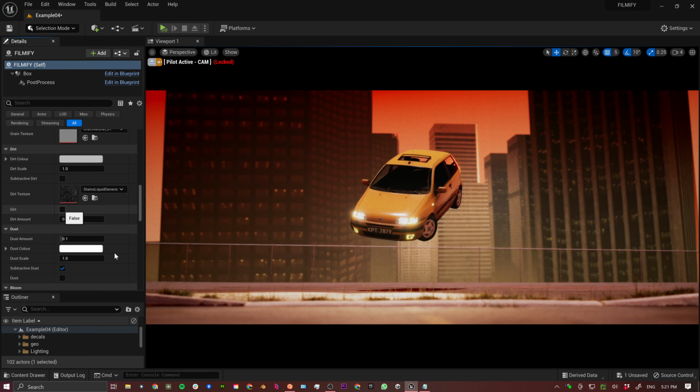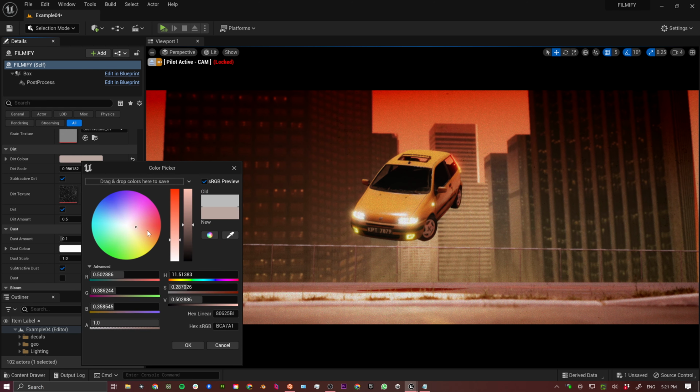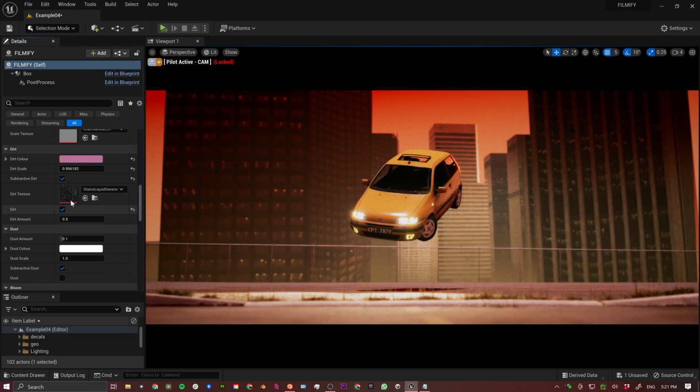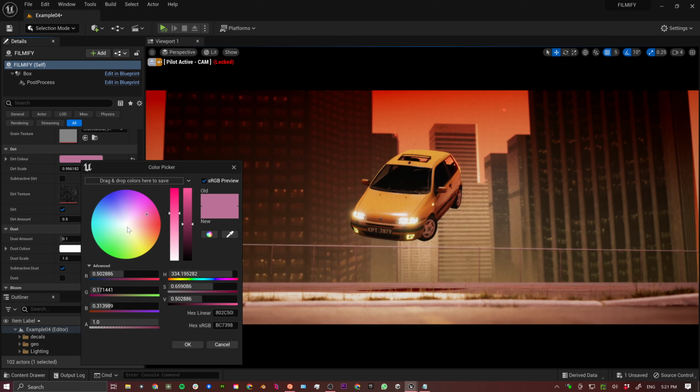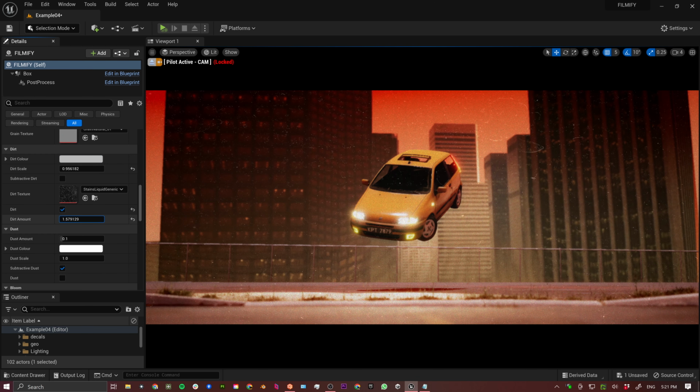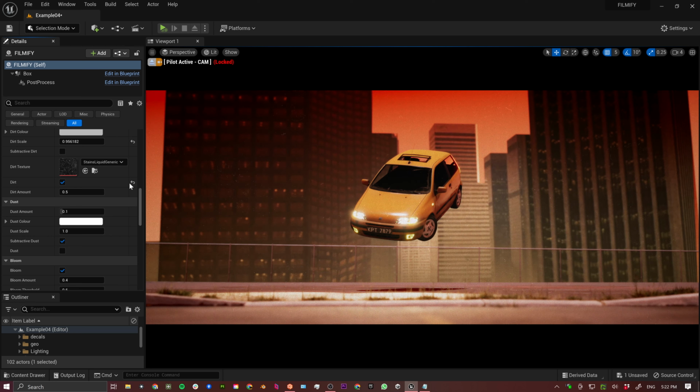Another setting is dirt. If you enable it, you can see these white, dirty spots. I can make this subtractive as well if you want them to be dark. There's scale settings for them. There's color settings for them. The color setting works better for non-subtractive dirt because then you can actually give it a color. It's kind of green now. It's hard to see. I'll keep that whitish. This dirt amount can make it more subtle or less subtle. If I turn that off,